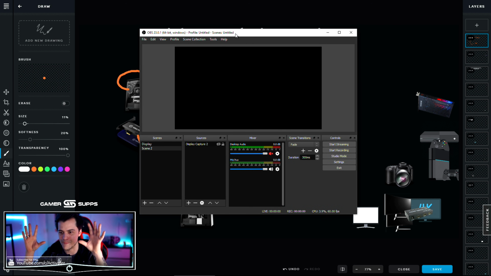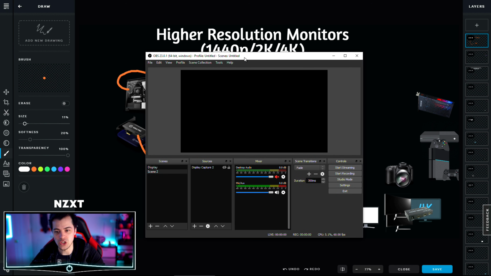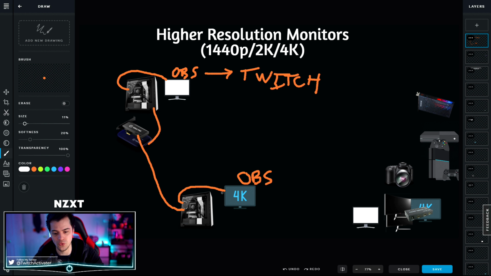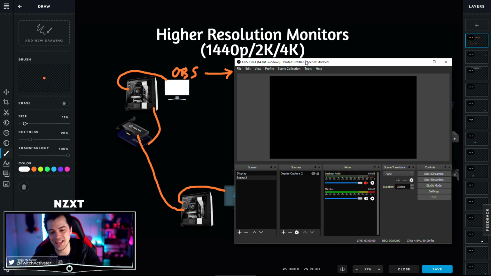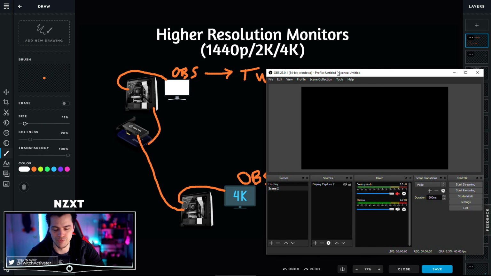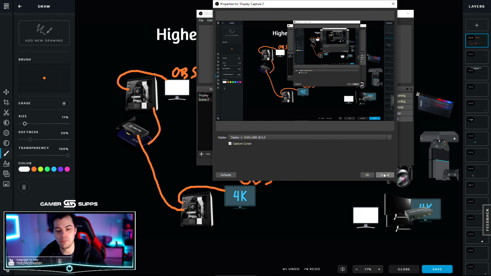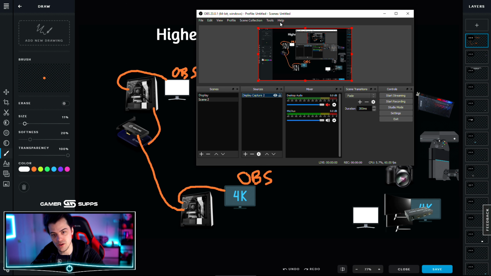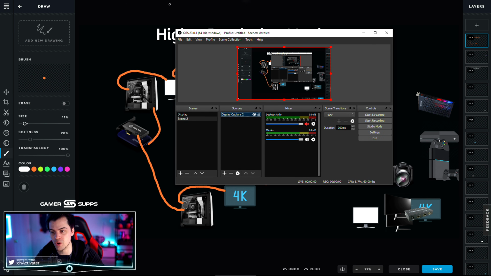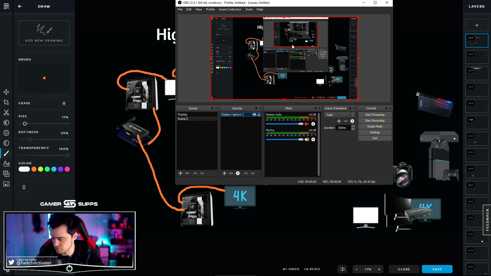You have to imagine this is your second monitor on your game PC. So even though I don't have a secondary monitor on here, you need to treat OBS like that monitor, but just consider it a virtual monitor. So when you add a display capture, you're going to want to capture the monitor in which you are gaming on. So right now I've captured my main monitor, which is right here,